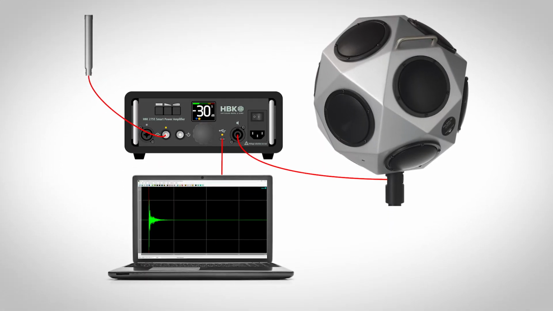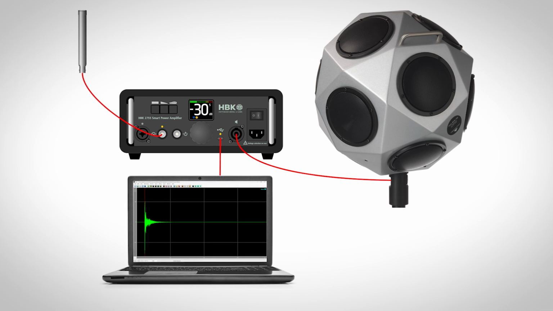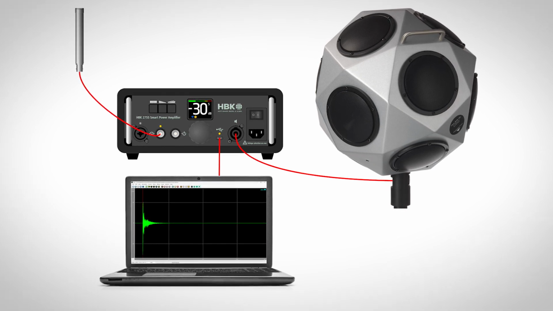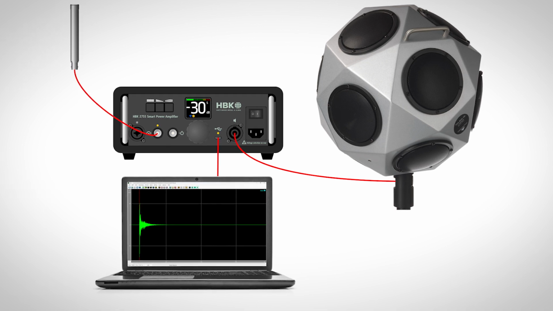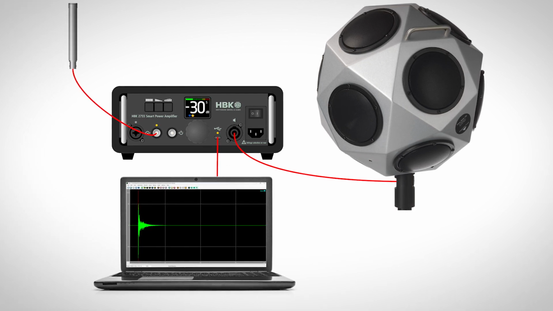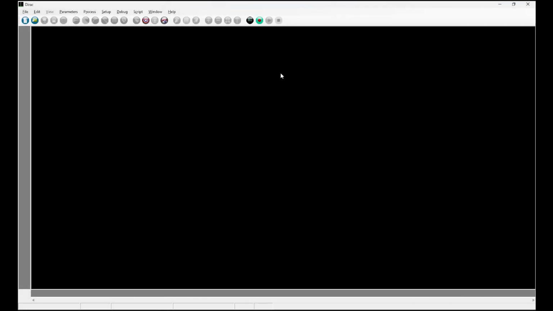The hardware consists of an omnidirectional microphone and an omnidirectional sound source, each connected to a 2755 power amplifier that now serves as a power USB audio interface to the PC. The 2755 gain after power on is -30 dB, which is a safe value to start with. We open the measurement window